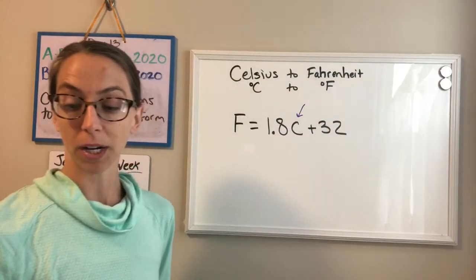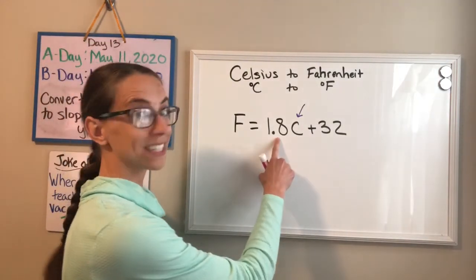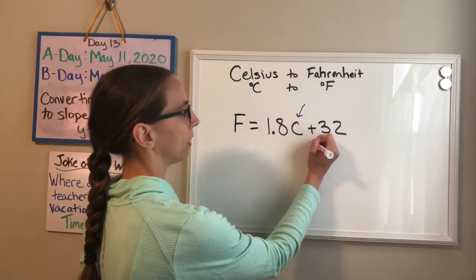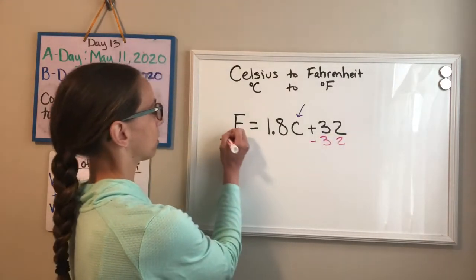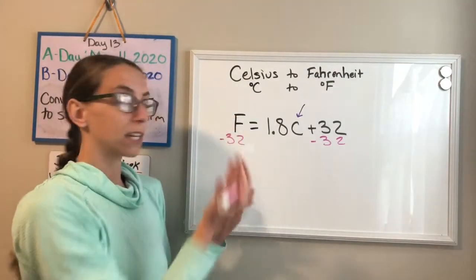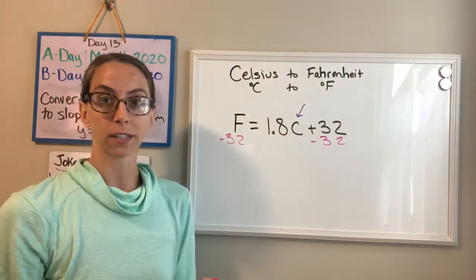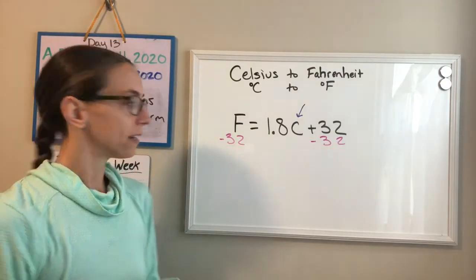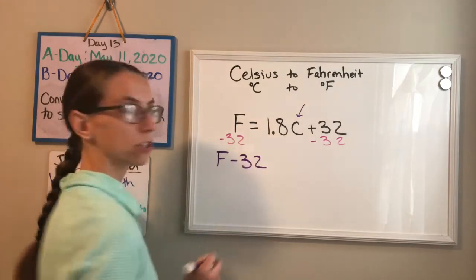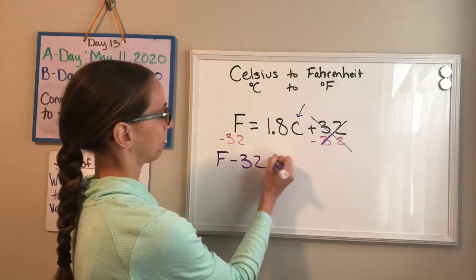And we're going to use the same process as if we were solving equations. So since C is our variable and it's attached to 1.8, that would be our coefficient. The first thing we move would be this 32. If that's plus 32, we're going to be subtracting 32 on both sides, but then something different happens here. Usually you end up with two numbers and I could subtract them. However, F and minus 32, they're not like terms. So I have to leave that as an expression that says F minus 32. These cancel out because they're inverse operations, and I'm going to bring down my leftovers. Equals